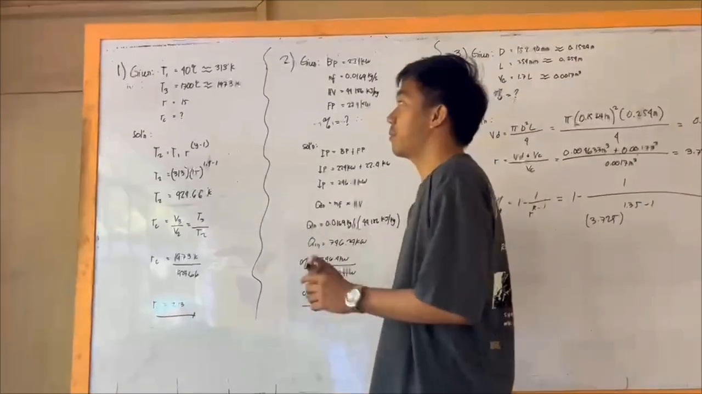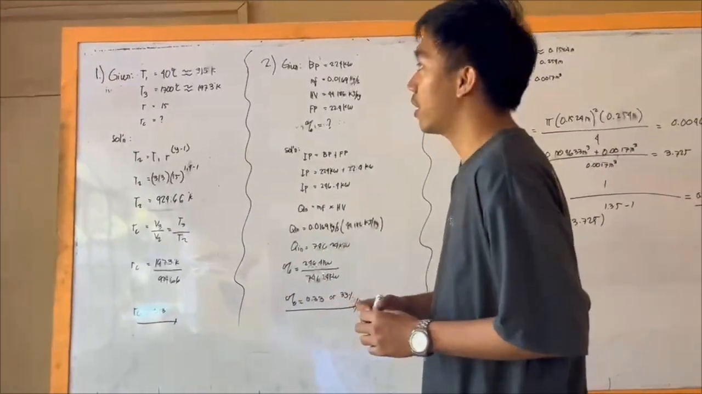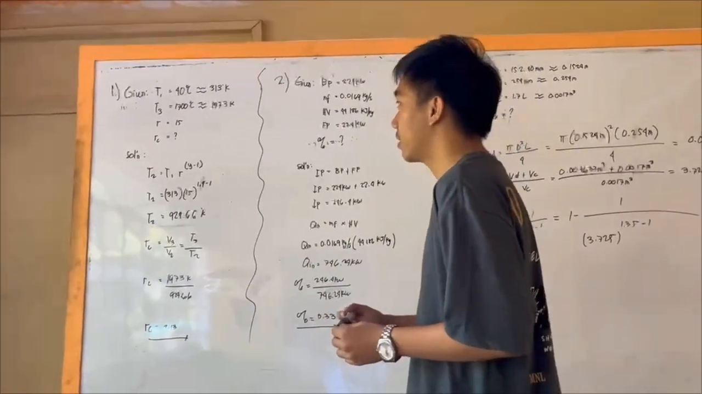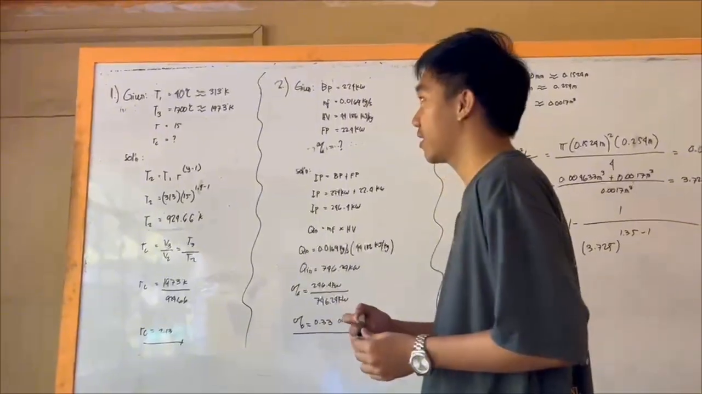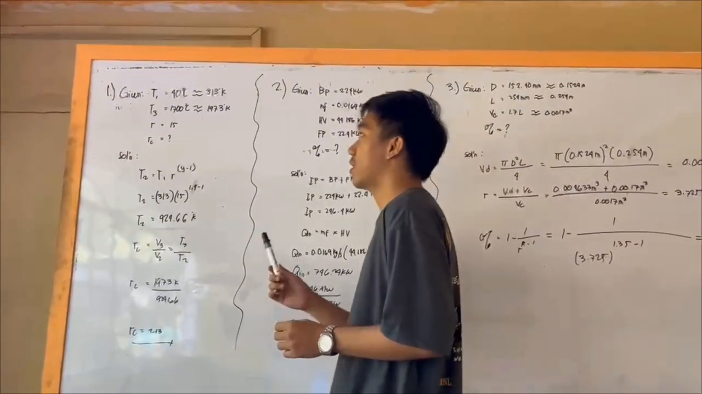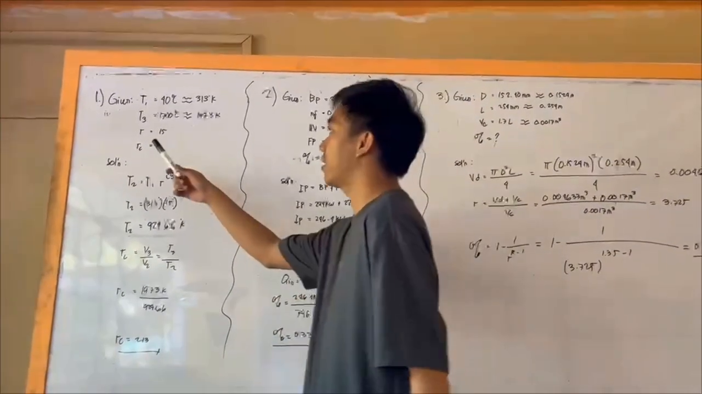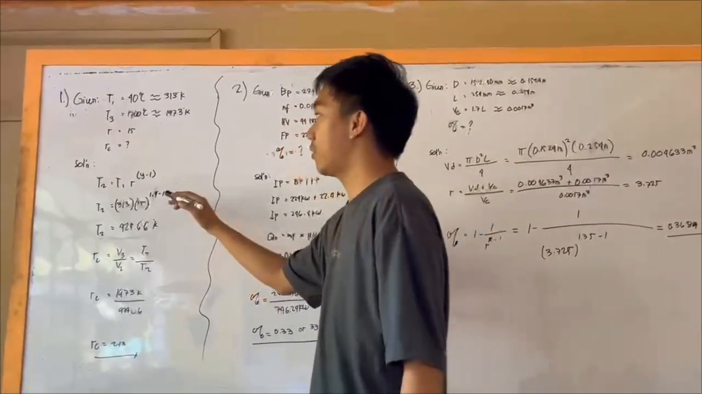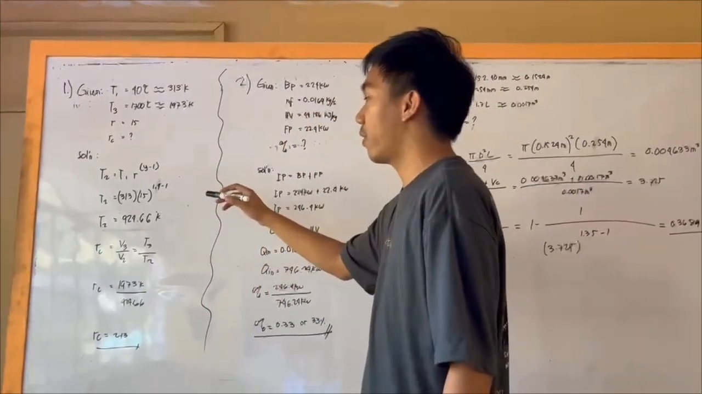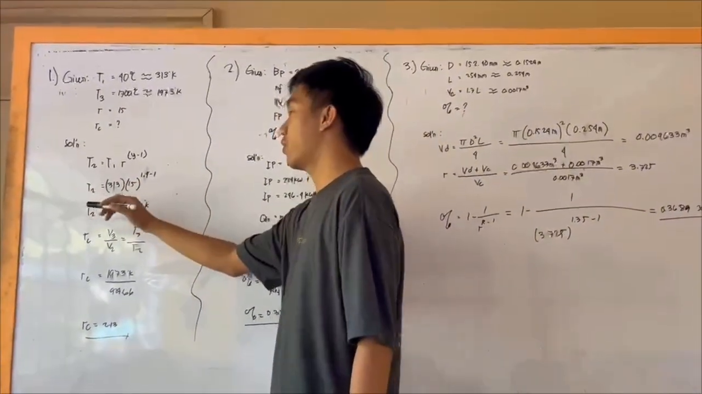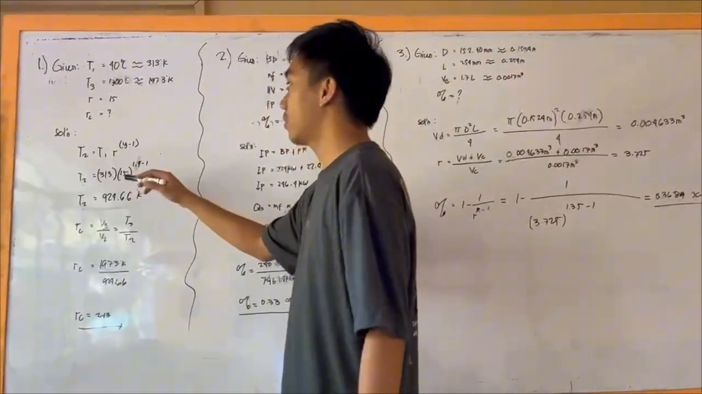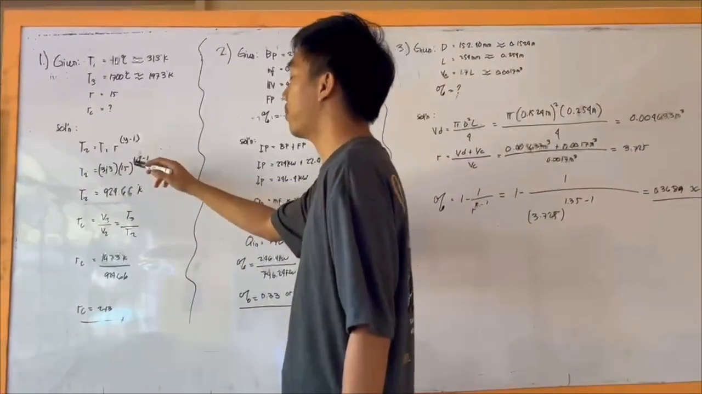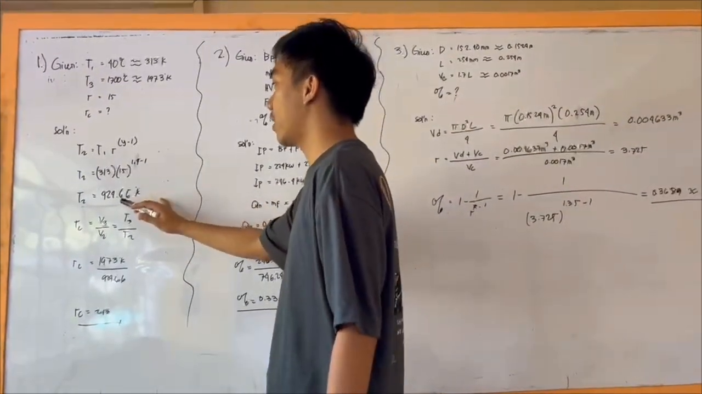So for problem number 1, we have a given of T1 = 313 Kelvin and T3 = 1973 Kelvin. So we have an r of 15 and we need to find the rc. So for our solution, we have a formula of T2 equals T1 times r to the power of (γ minus 1). So we need to distribute. So we have a T1 of 313 and 15 for r and 1.4 minus 1. So we have a T2 of